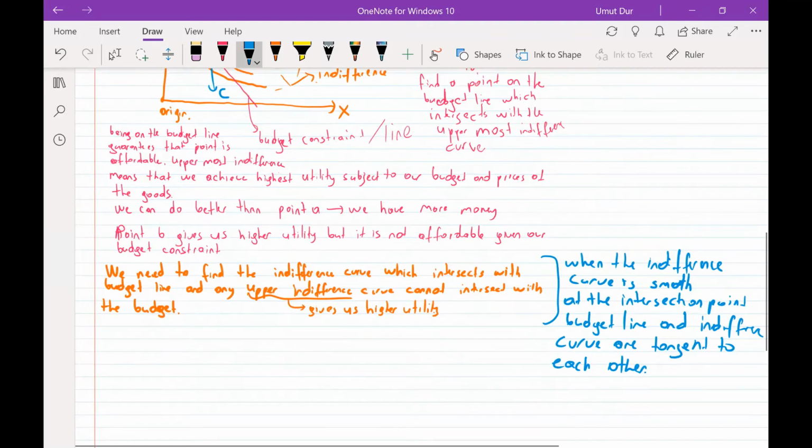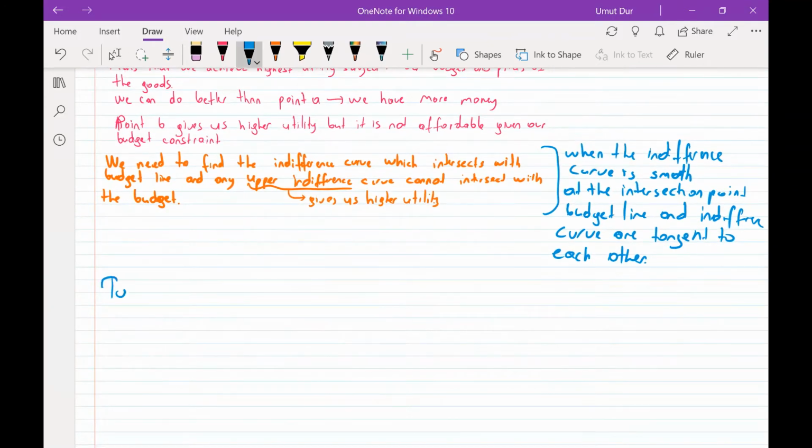So what does this tangency mean? That means that they have